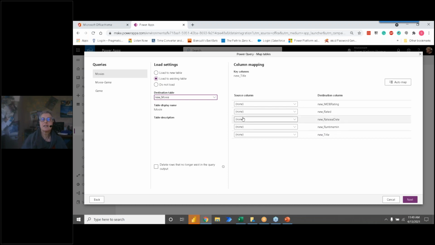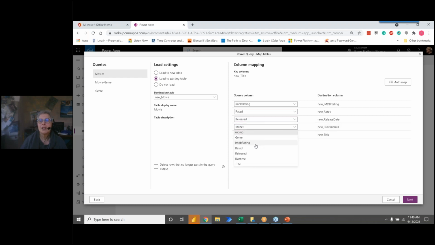Those are the columns from my source going into the columns that I added in my table in Dataverse. This is where I was telling you, AutoMap just doesn't work. Since this is new functionality, I think Microsoft will be fixing this. I don't know how long it'll take them, and they probably aren't going to announce when they fix it. You just need to try it and see if it works. And if it doesn't work, you just have to move on.